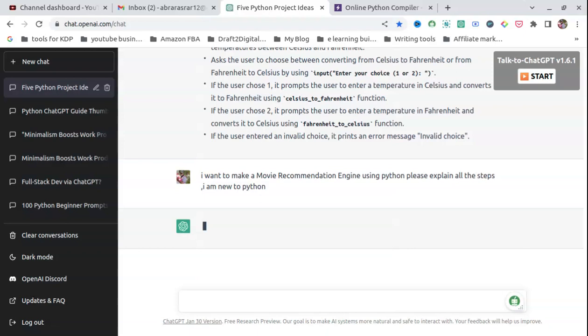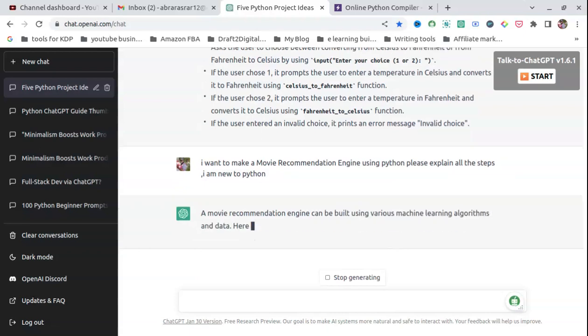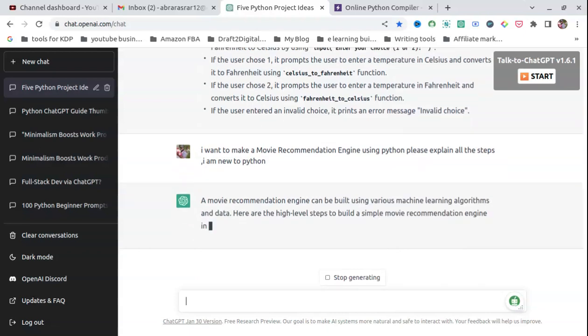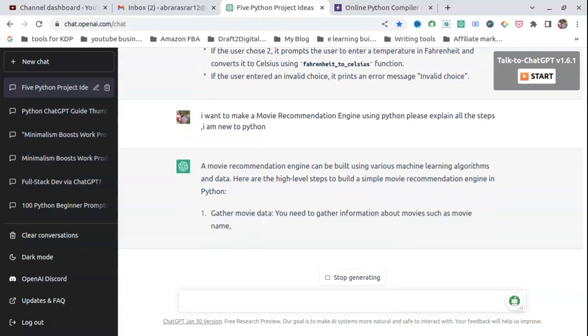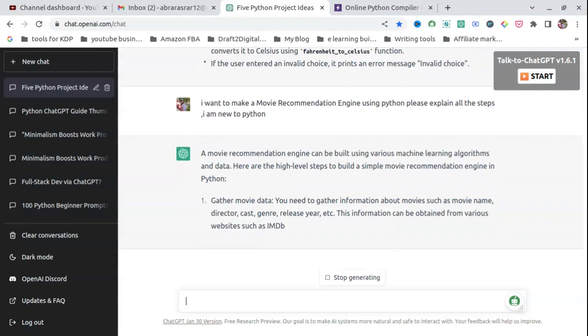The more specific your input is, the better its response will be. So it will give you a high level overview. Later you can also request it to give the code snippets.